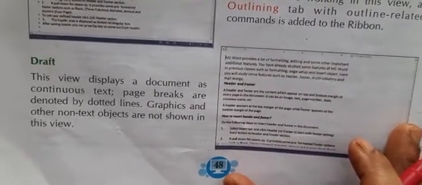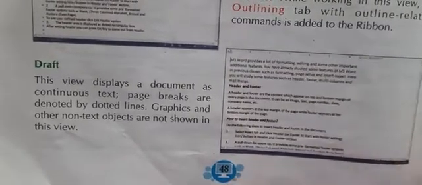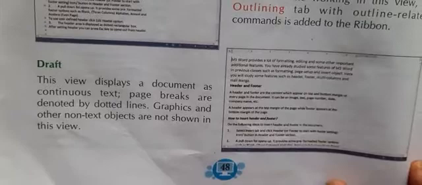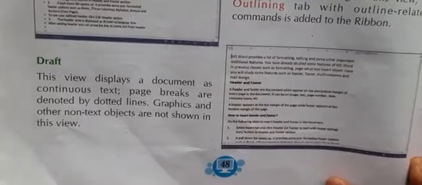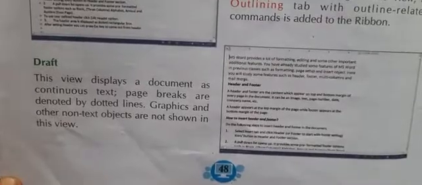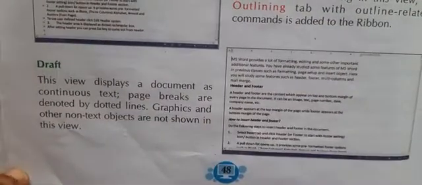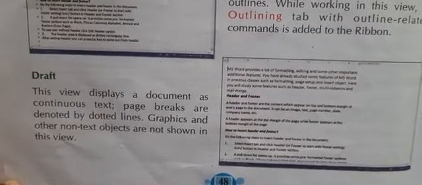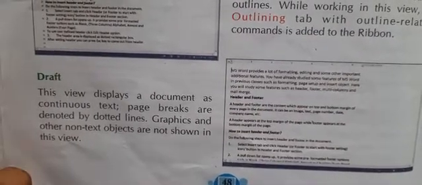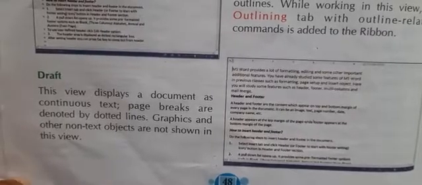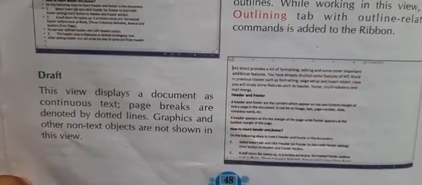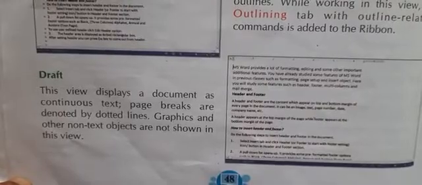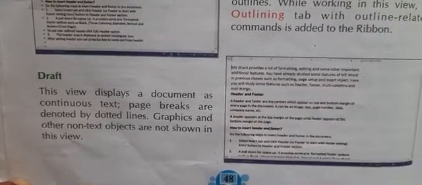So students, these are the 5 views in which we can view the document. What are they? Read mode, print layout, web layout, outline mode and draft mode. Okay students, with this we finish our chapter 4. In this chapter we have learned how we can set the page size and page margin, how we can insert different symbols, how we can insert the page number, header and footer, and we have also learned how we can view the documents in different styles. I hope you have understood the chapter well. Okay, thank you.